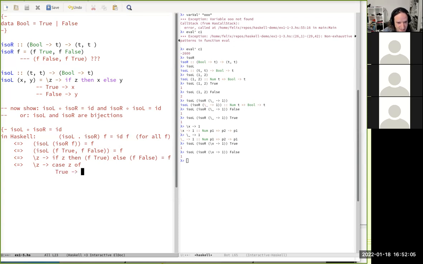I hope I'm writing proper Haskell here. Okay, so in this way, it might be more obvious that what we get is actually